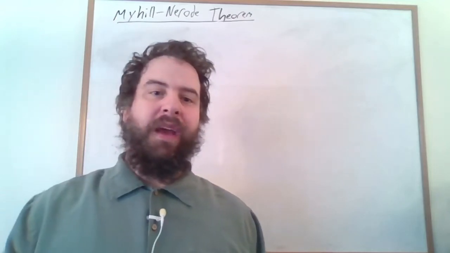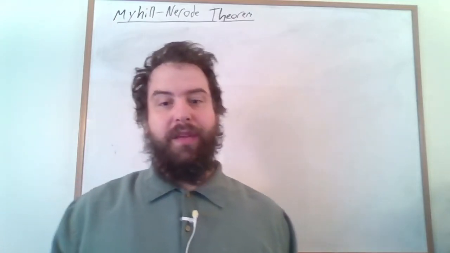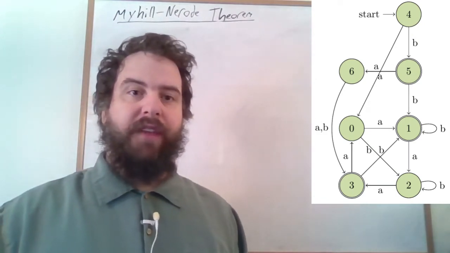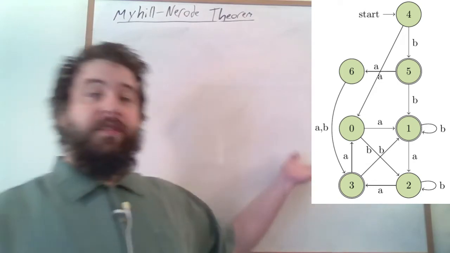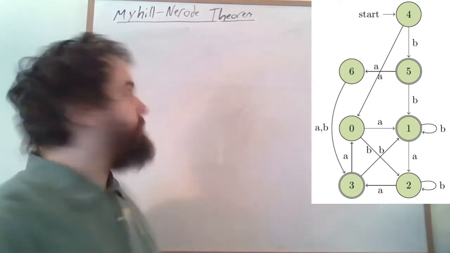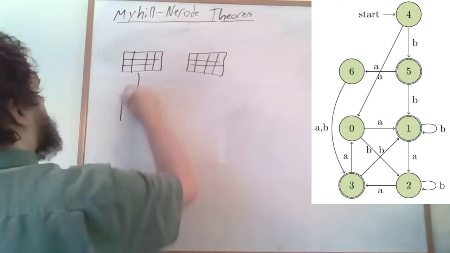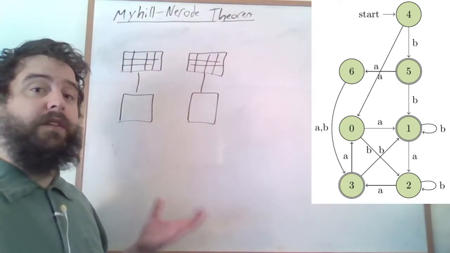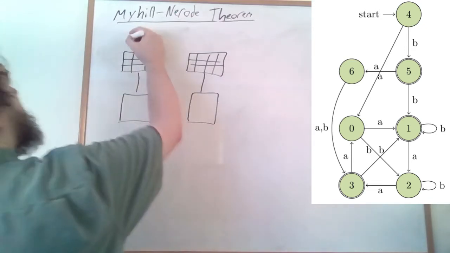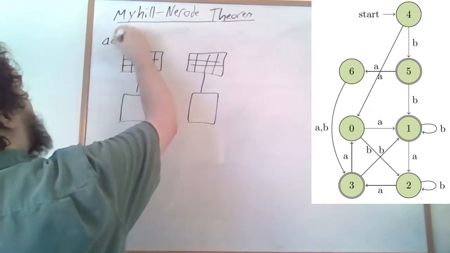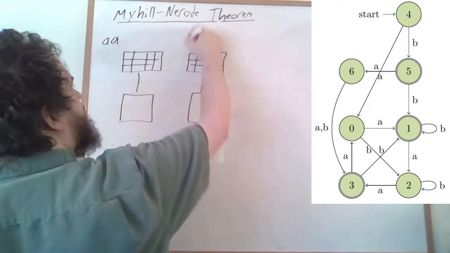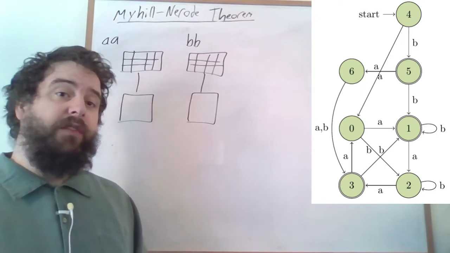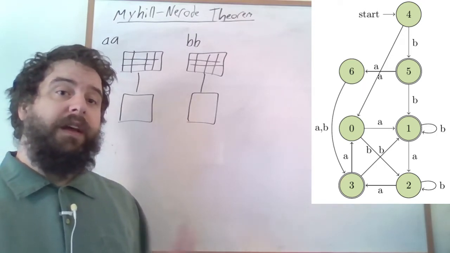Hello, in this video I'd like to talk about the Myhill-Nerode theorem. So suppose that we have two copies of the same deterministic finite state automaton with this particular transition graph. And suppose I start typing two different words into the two different automata. Let's say in the first automaton I start typing the letters AA, and into the second automaton I start typing the letters BB. Now, both of these sequences of characters are going to take our finite state automaton into state